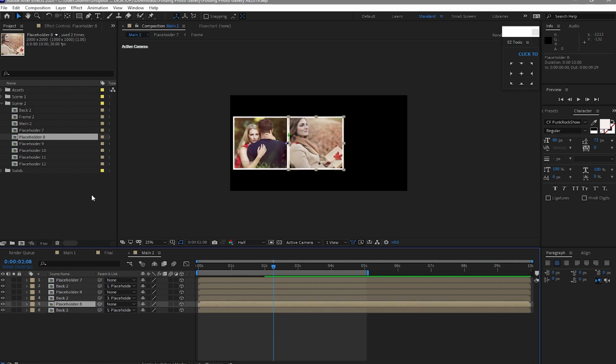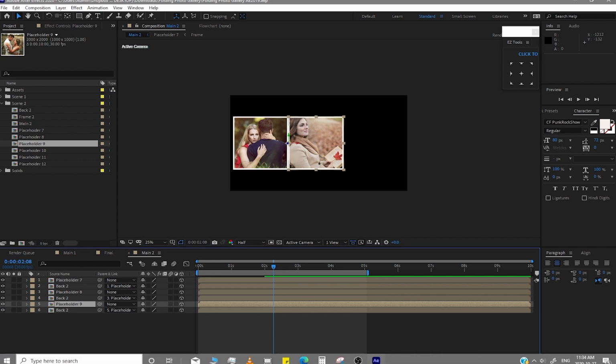Highlight the placeholder 8 and highlight the placeholder 9 and then press the Alt key while holding it and then drag the placeholder 9 and replace the placeholder 8